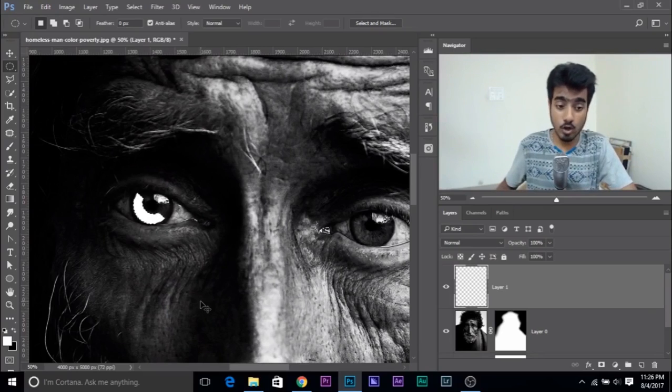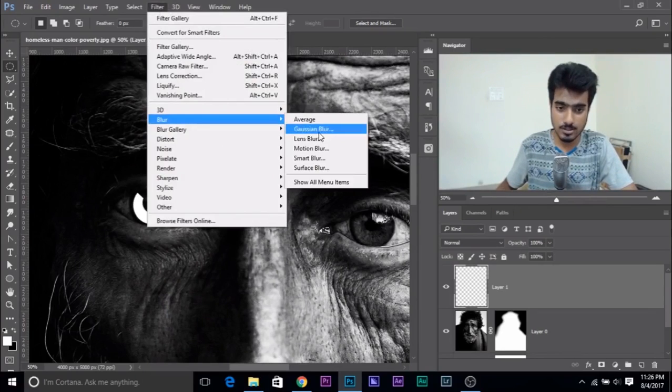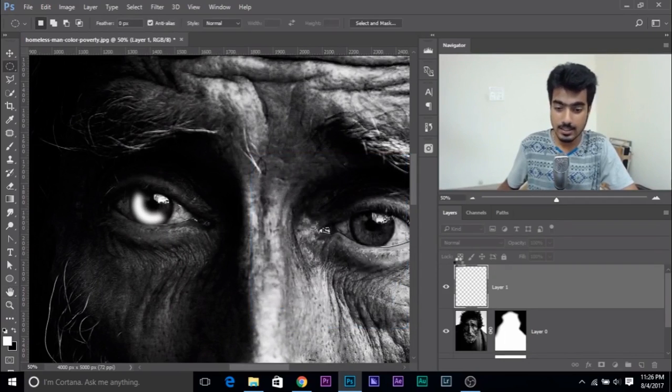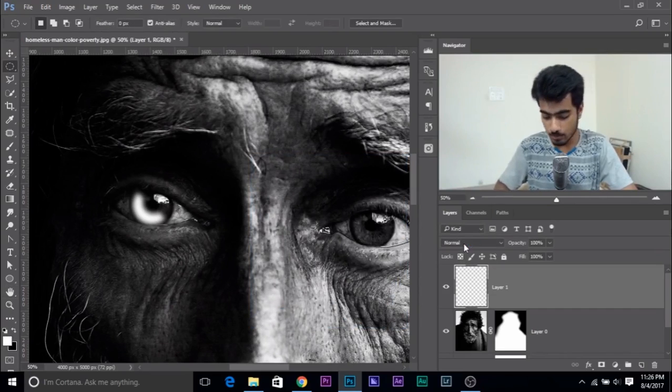Now, Control or Command D to deselect that, and then Filter, Blur, Gaussian Blur. Add some blur to it. Now that is too much. Add so much of a blur so the edges become smooth. So I guess this would be nice. 10 is great. Click OK, and then change the blending mode to